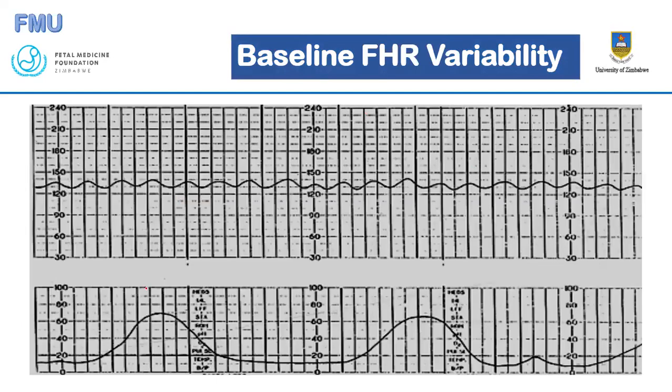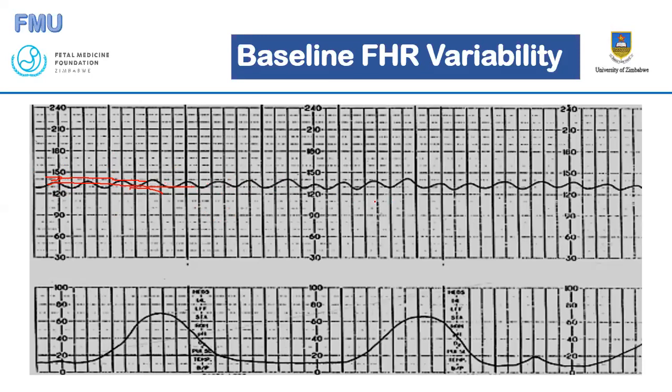So when you are looking at variability, we are looking at what is the peak here, what is the trough, and also the baseline that we have drawn. So we're saying by how many beats is it changing from the baseline, going up or going down? If we draw this line continuous, probably 140, this line is probably 135. On this baby, probably there is not much good variability. It's almost about 5 beats. So these are the 5 beats we are looking at here. So this is how much it is oscillating around the baseline. So that's baseline